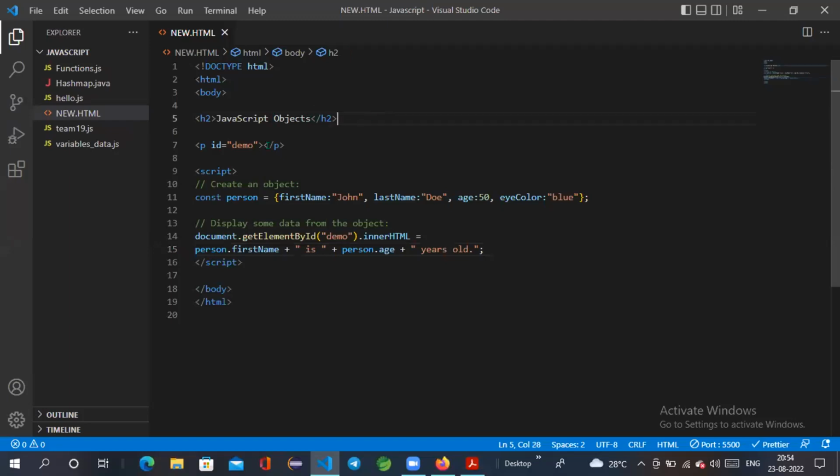as you can see here, it is JavaScript object. Similarly, they are taking the demo, and here in the script tag you have to create the object and print the object as you like. Here person is the object. So what is the property of a person? The property of a person may be your first name, it may be your last name, it may be your age, it may be your eye color, or suppose I am adding another field that is called blood group. That is also your